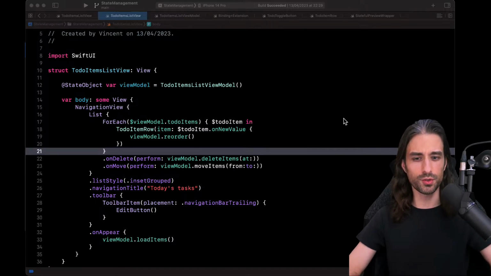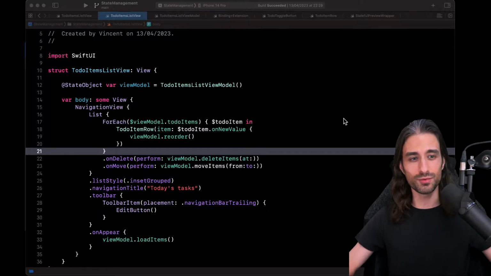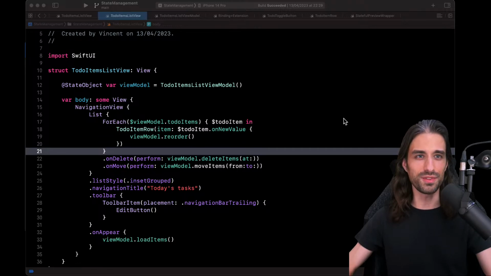So let me tell you a bit about what we're going to cover in this chapter. We are going to cover the three main ways to navigate inside a SwiftUI app. These three ways include what SwiftUI calls navigation, which is about pushing and popping views onto a stack. SwiftUI, just like UIKit, calls it navigation. It's a bit confusing because it's not the only kind of navigation out there.